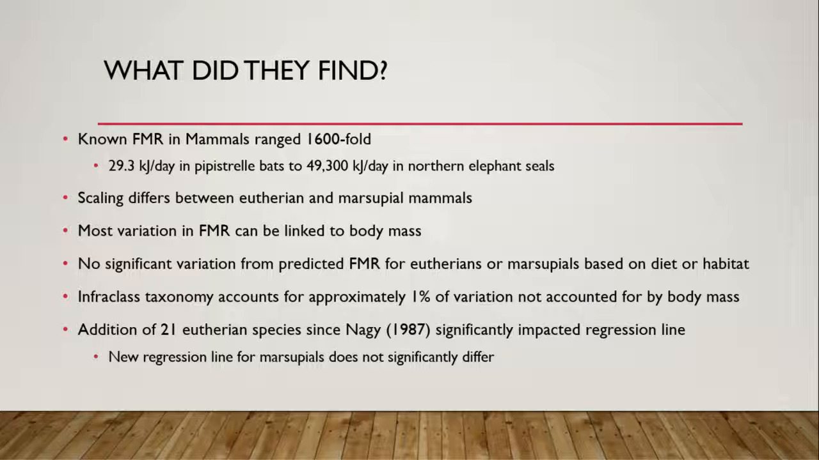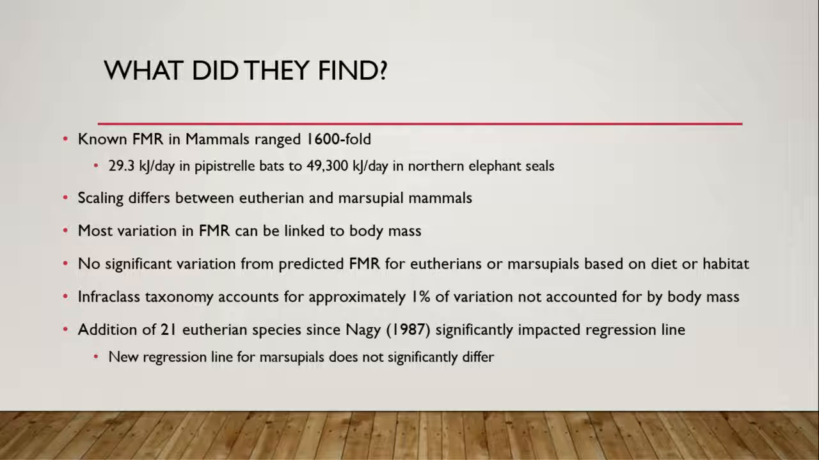The author found no significant variation from the predicted field metabolic rate based on diet or habitat, suggesting that neither trait is responsible for variations in the regression line. Infraclass taxonomy accounted for approximately 1% of the variation not accounted for by body mass,